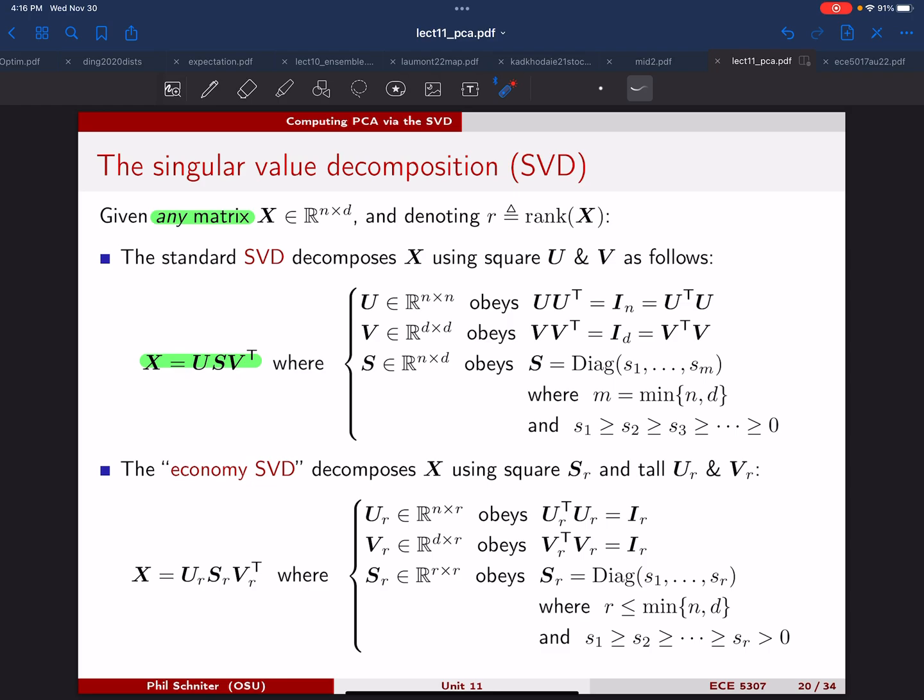And this helps for a lot of proofs when you want to try to prove or understand what's happening with matrices. Often you plug in the SVD, you do a bunch of simplifications, and all of a sudden the answer is kind of obvious. So that's what's really great about the SVD. So there's really actually two common versions of the SVD. The first one we're talking about, which is the standard SVD,